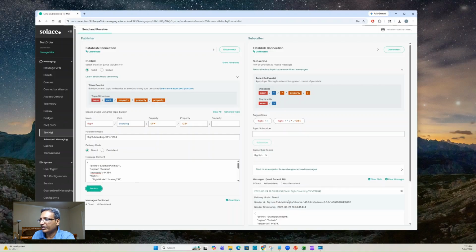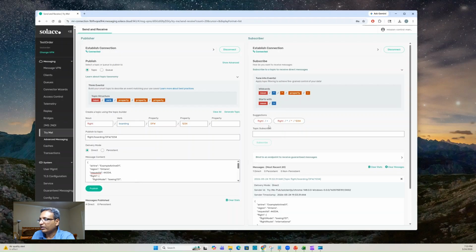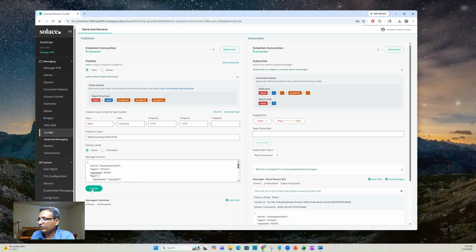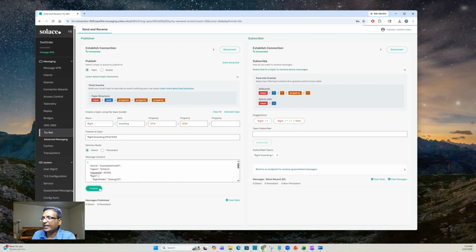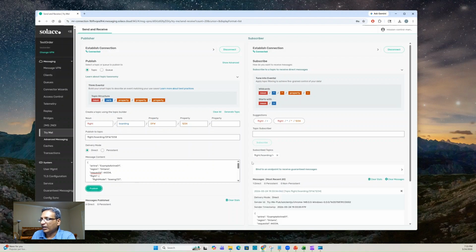So the message is published. Now if we want to fine tune a little bit, what we can do is flight slash boarding, and if you subscribe to that, and then if you publish, then you see the messages come here, because it is getting all the messages under flight and boarding. Now if you want to go further,